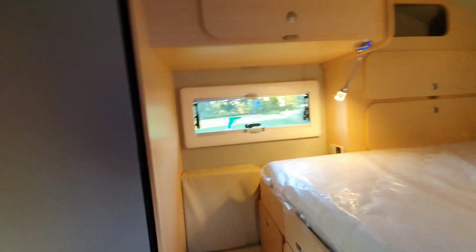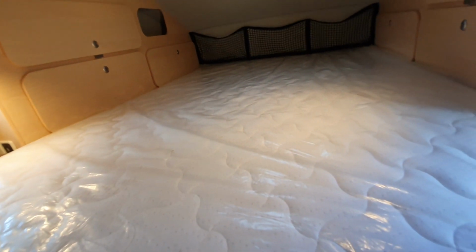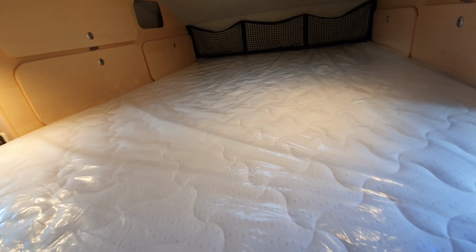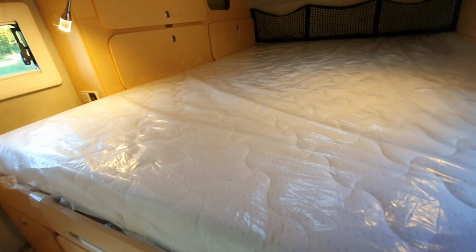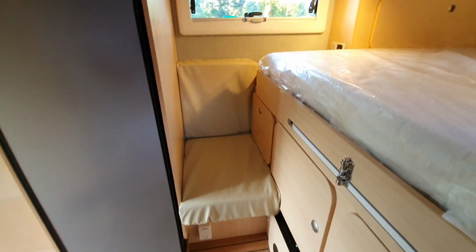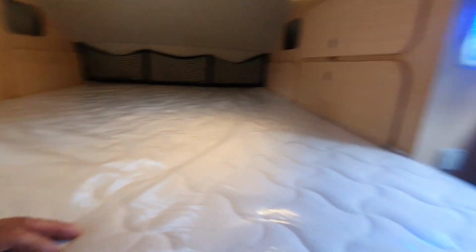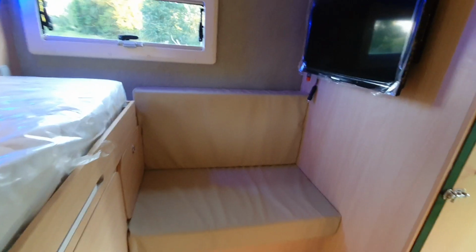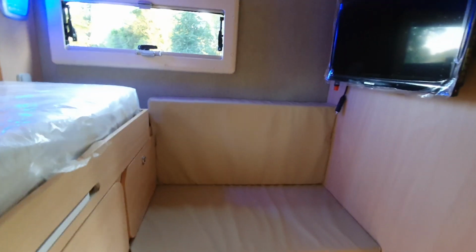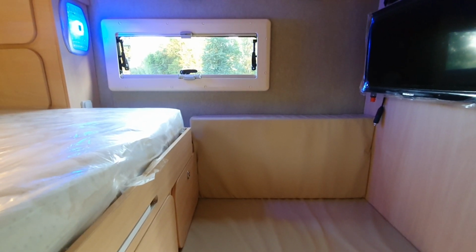What else? My customers will definitely use this bed, but it's also possible to convert this very narrow side into seating. I will show you. So you can sit here. It's very narrow, but it's possible. On the other side it's just 40 centimeters. On the other side you have a standard 80 centimeters, and still you can convert it